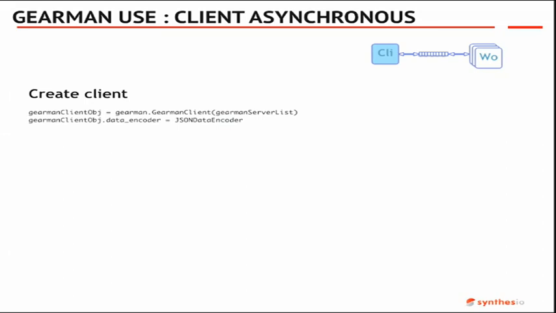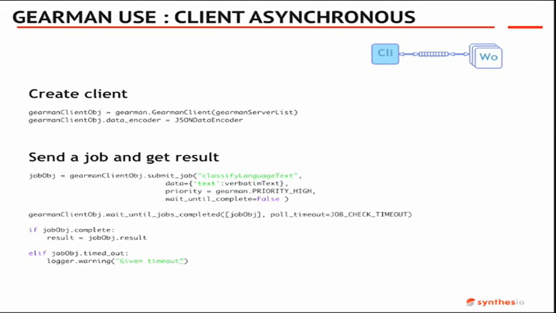From the client side, it's an example running asynchronously. So the first thing you do, you just create your client. This is a different way of doing it. You can just basically create a client with a basic class and just define the data encoder attribute to your JSON decoder, and it works anyway. So it's the same way. You don't need to actually go and create a whole new class just to define a different data encoder.